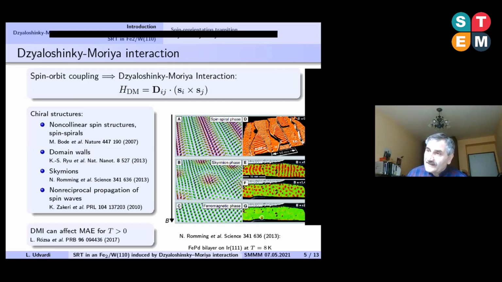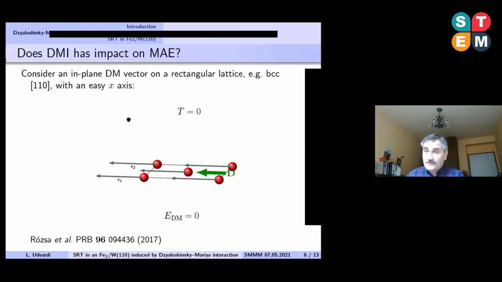If we consider this spin spiral state and increase the external magnetic field, some skyrmions will appear, and if we further increase the external field, we will get a skyrmion lattice. And of course, if we further increase the external field, we will have a uniform sample, a ferromagnetic state. But if you have a ferromagnetic system, we don't expect any impact of the Dzyaloshinskii-Moriya interaction on the system. Okay, but